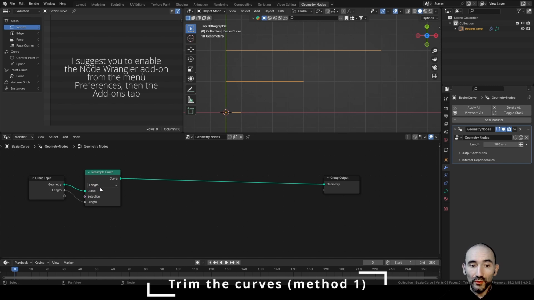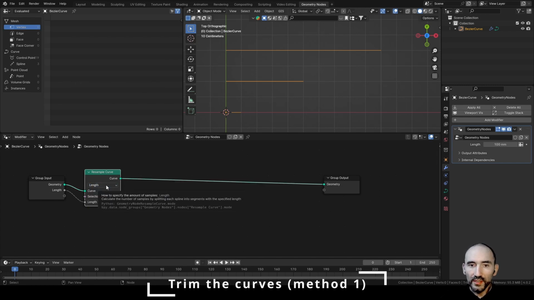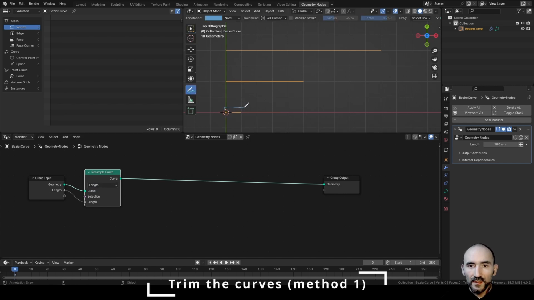For this effect, don't use the count or the evaluated socket, because if you use the count and you set 10, for example, you would have 10 points inside this space and 10 points inside this space, and we don't want this. We want a common distance between all the control points of all the curves of this object, and to do this we can use the length, expose the length here,